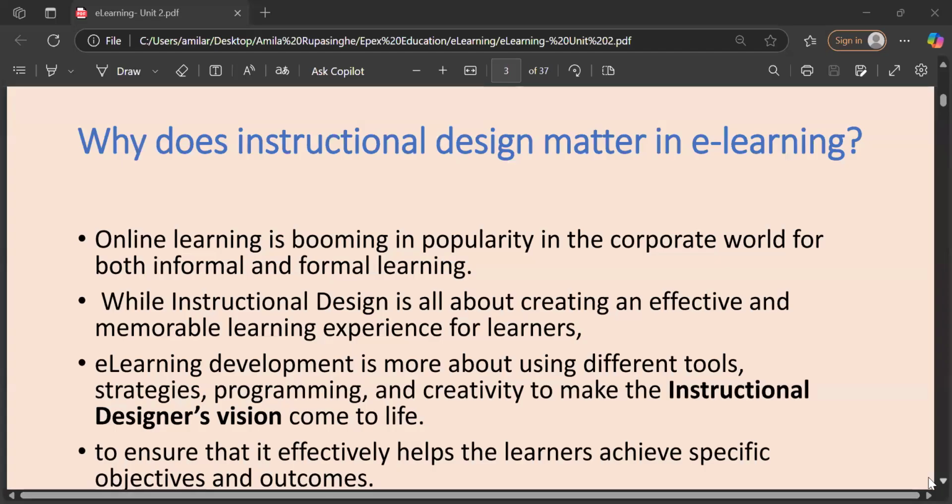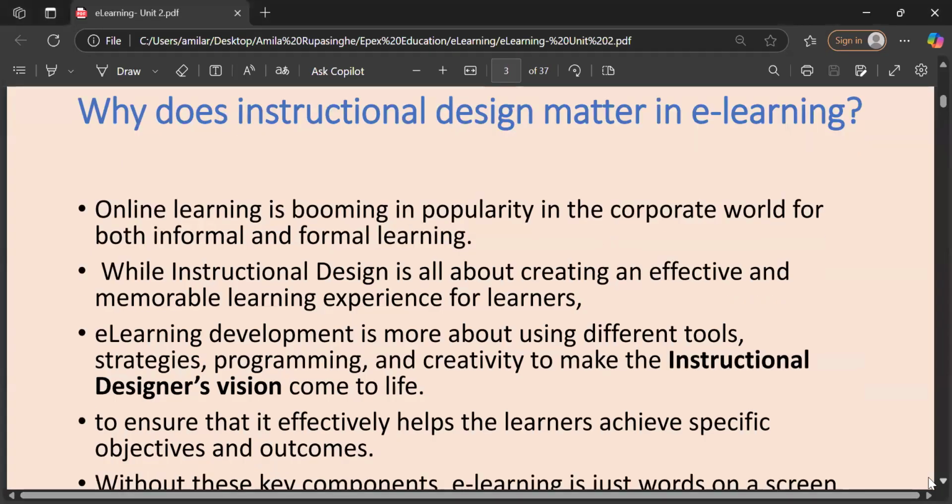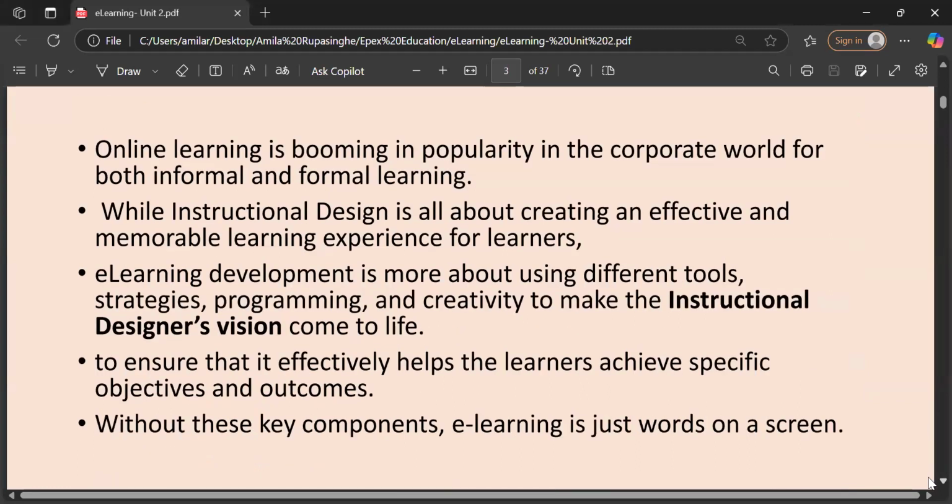I will share that. But when it comes to e-learning, it is very important to follow an instructional design. Why is that?